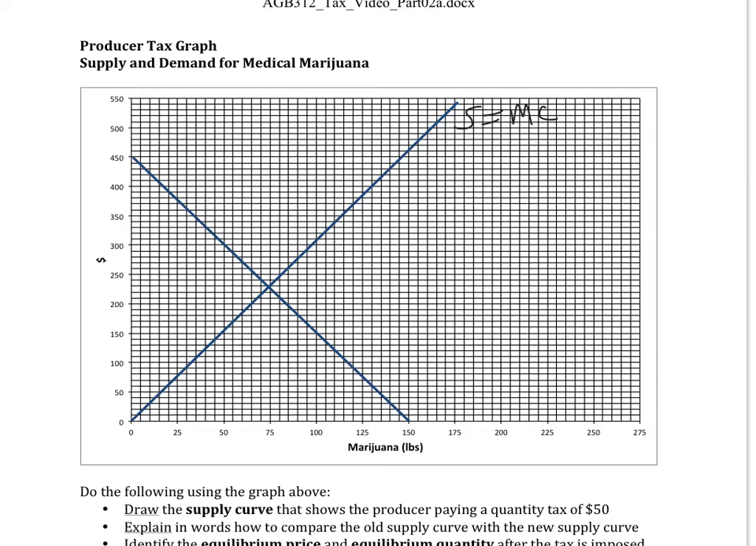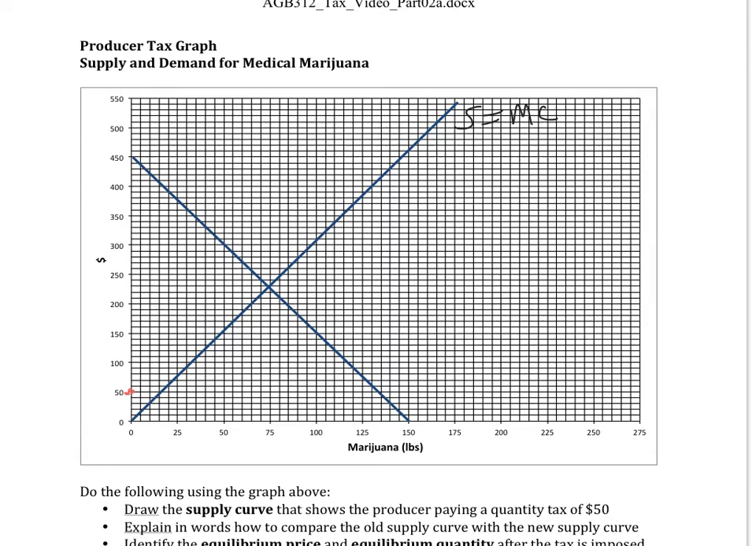Okay, so the key thing is, if there's going to be a tax imposed of $50 and the producer is responsible for paying that tax to the government, then somehow this supply curve has to be adjusted to reflect that additional $50 for every unit. In terms of drawing that graph, all we really have to do is shift up that supply curve by $50. The easiest thing to do is, since the supply curve goes to the origin, the first point is 50,